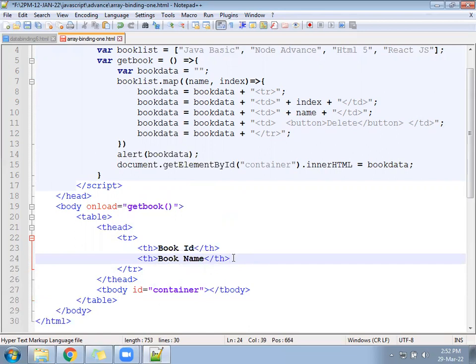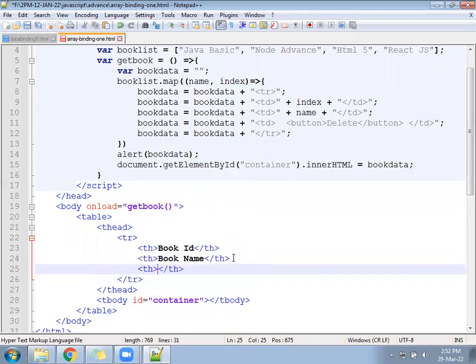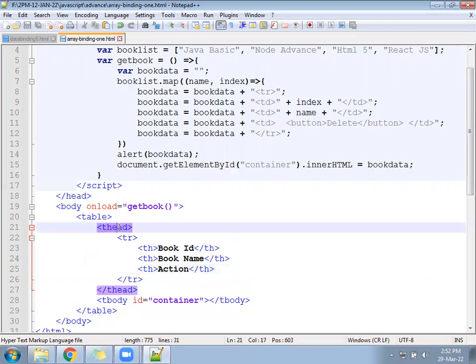The third TH should be book, you can say call action. T body, T head, TR, and action.